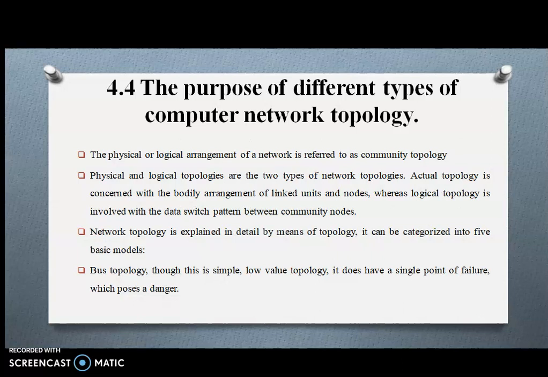4.4 The purpose of different types of computer network topologies. The physical or logical arrangement of a network is referred to as network topology. Physical and logical topologies are the two types of network topologies. Actually, topology is concerned with the physical arrangement of linked units and